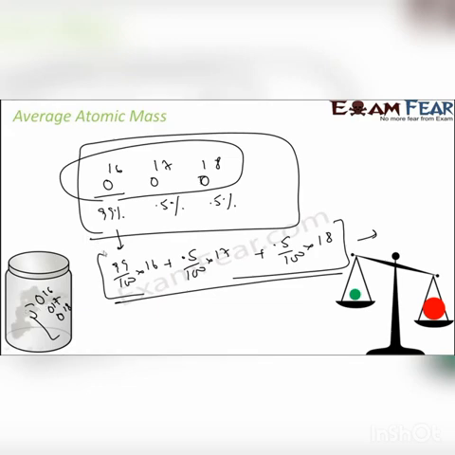We know oxygen 16 is 99%, oxygen 17 is almost 0.5, oxygen 18 is almost 0.5. So we take the average of this and we get some value, mostly 16 point some value, maybe 0 to 3, I'm not sure of the exact value. Some value will come, and that is the average atomic mass for oxygen. Similarly, for all the elements, you can find the average atomic mass, that is the average of the atomic mass of all the isotopes available in nature, based on the percentage of their availability.